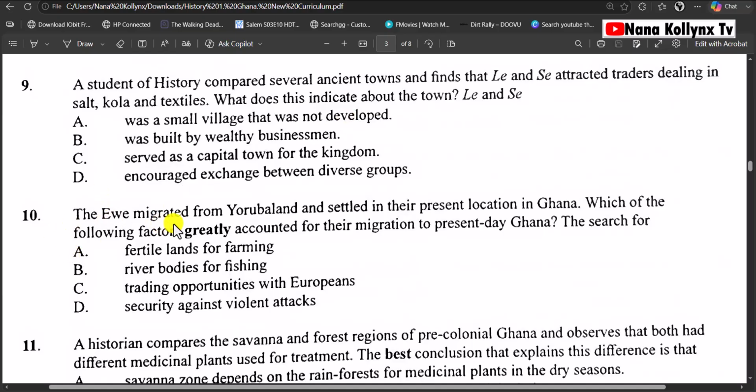10. The Ewe migrated from Yoruba land and settled in their present location in Ghana. Which of the following factors greatly accounted for their migration to present-day Ghana? They search for